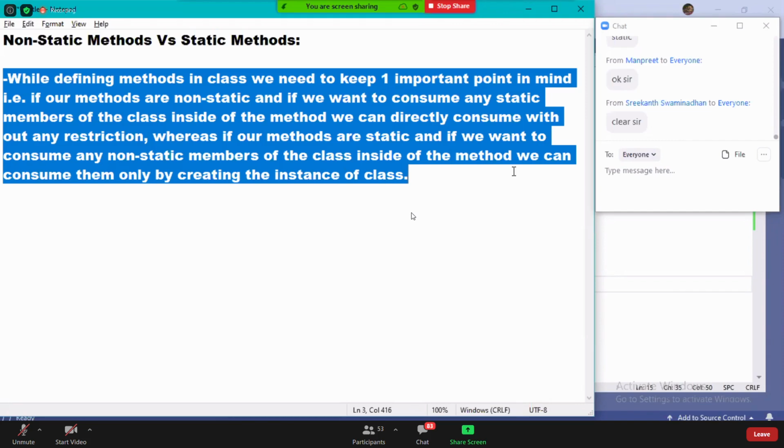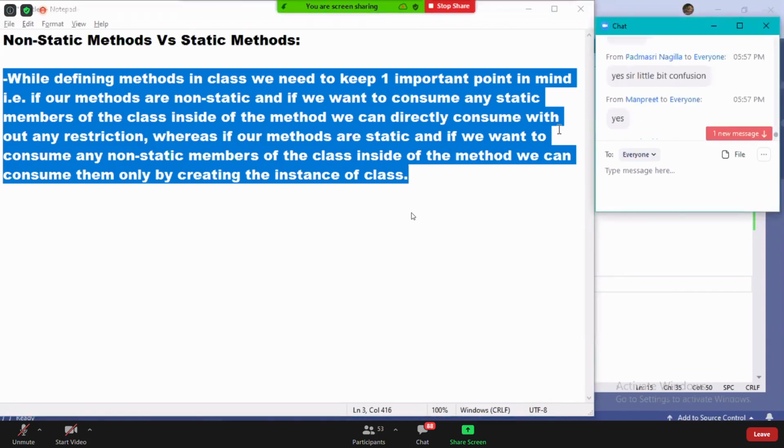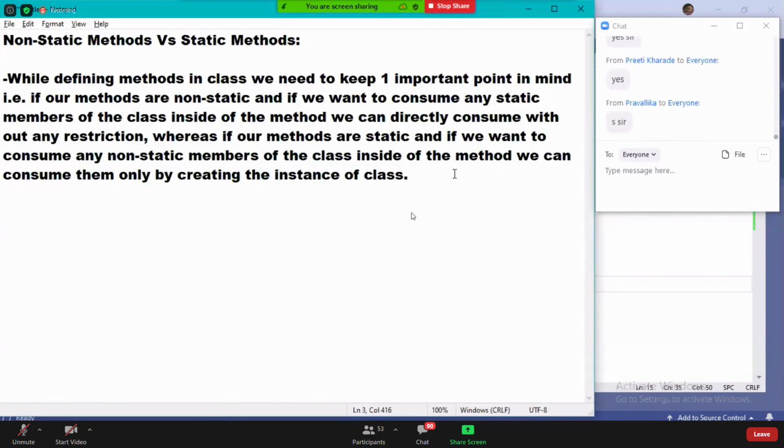Sometimes you are directly calling, sometimes by using this keyword, sometimes using an instance. When should I use what? This will be confusing us a lot. Okay, let me clarify.